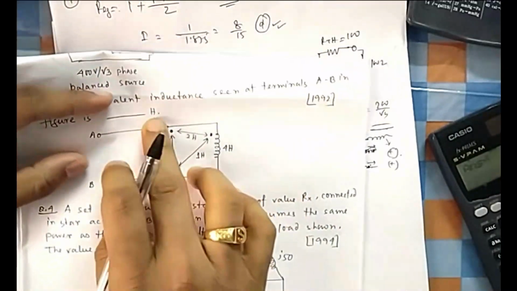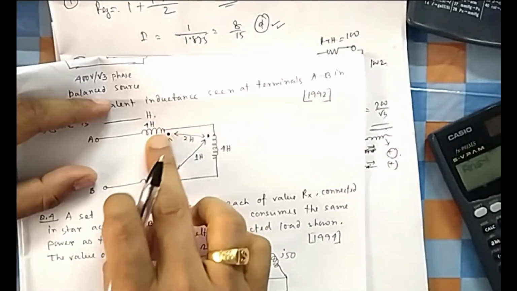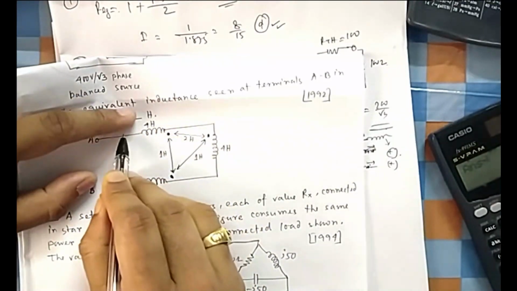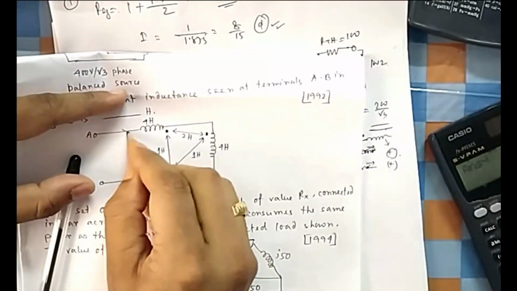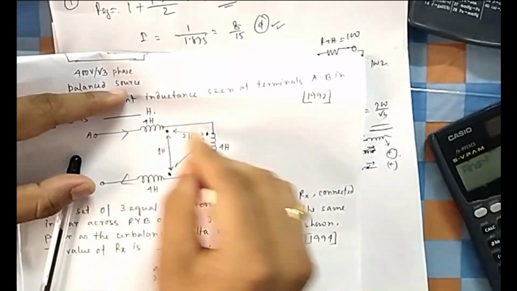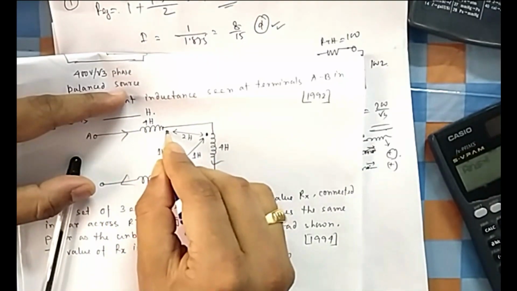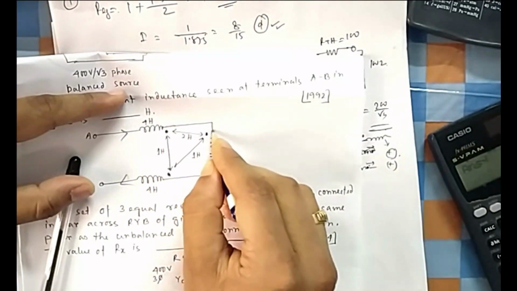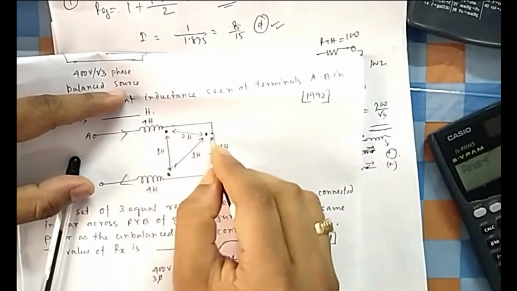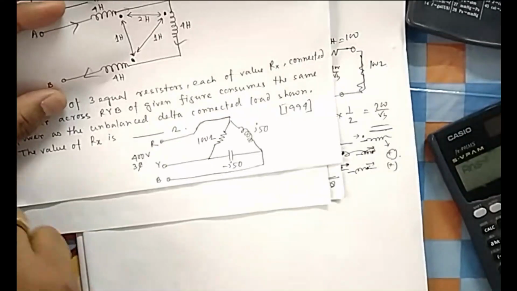Let me see 1 2. I am giving this numbering 1, 2, 3. So for 1 2, if I take this path, I am moving in this path. You can see this current is leaving the inductor through this dot, and here through this dot it is entering the inductor. So here it is leaving, here it is entering, so it will be minus. So the first one will be minus 2 into 2, and then you check the second one.